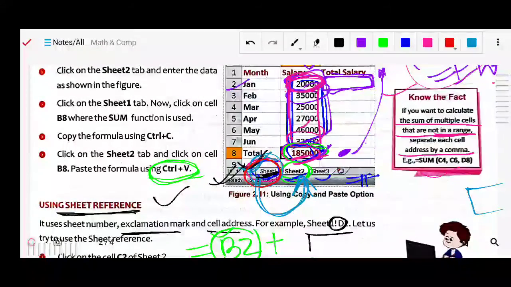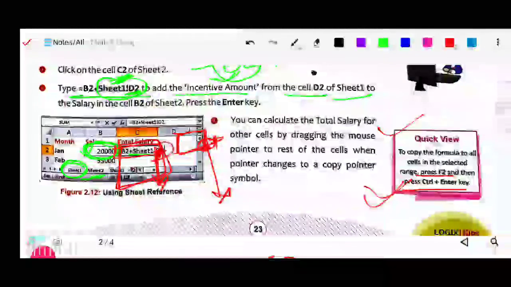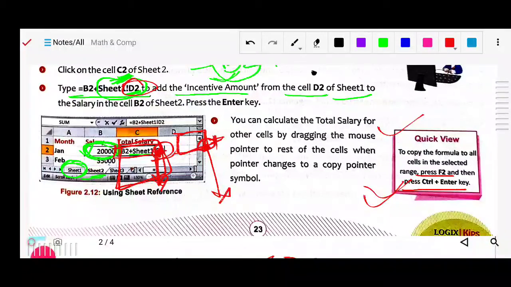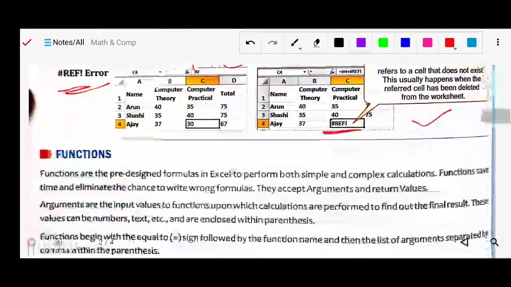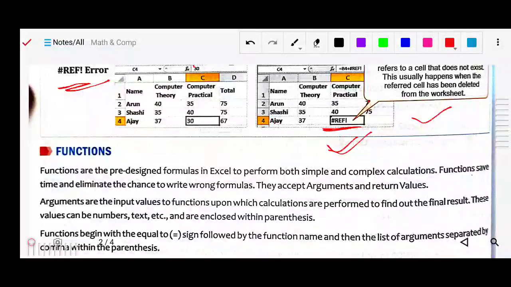Here, as I told, we are getting the data from sheet 1, B8, we are copying from B8 of sheet 1. Suppose in sheet 1 B8 is deleted, is missing, in this case that kind of message will show. Or here in sheet 1 there is a cell D1, and if this cell is changed or renamed, this kind of message will come. This is the reference error. Got it?